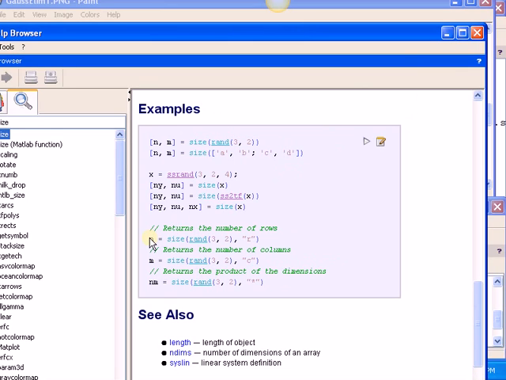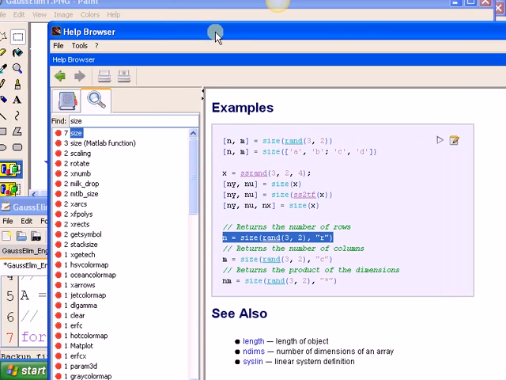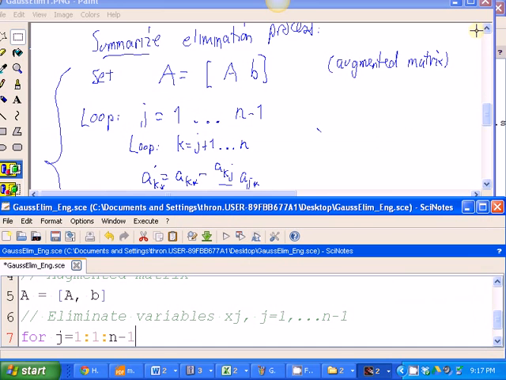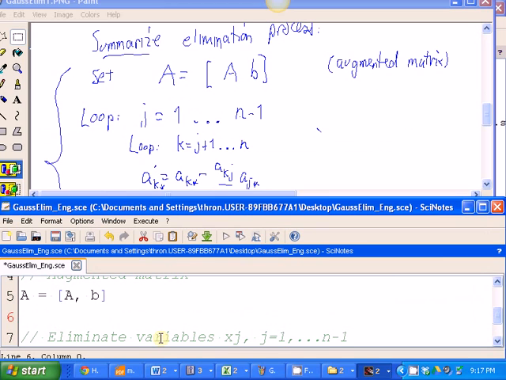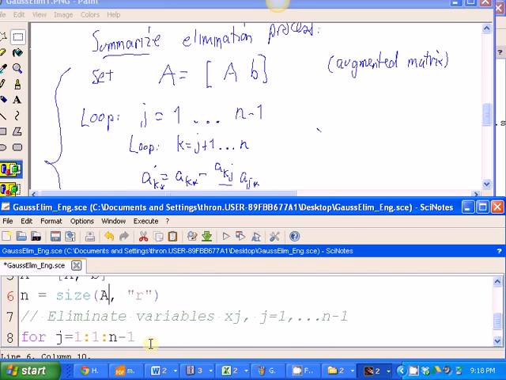Let me just go ahead and copy this if I can. I can copy this by hitting Control-C. Hold down the Control, hit the C. So I'm going to close the browser. And I want to type that here because I want to have the size here. All right, now I don't want the size of this matrix. I want the size of A. So I'm going to take the size of A here. All right, now I have no problem because now the computer knows what n is, and I'm all set with